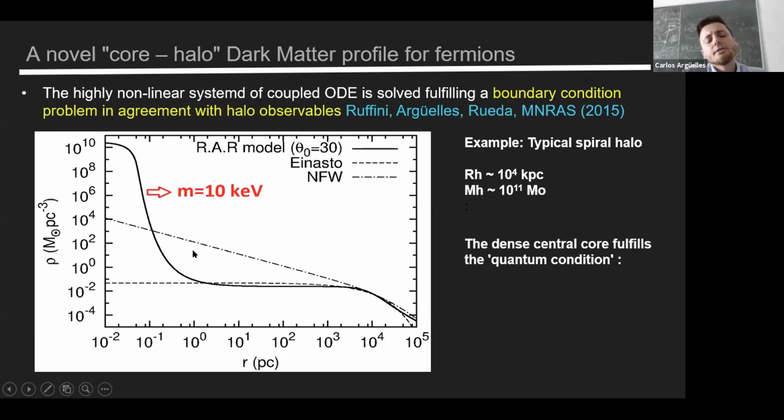You can see the main feature of this solution is that at the center, it develops a dense and degenerate core of fermions, which uses the Pauli principle in order to reach this highly degenerate concentration, and then continuously goes to a Boltzmannian tail. In such a case, the central object is supported against gravity by degeneracy pressure, while the outer atmosphere of fermions is supported against gravity by thermal pressure.